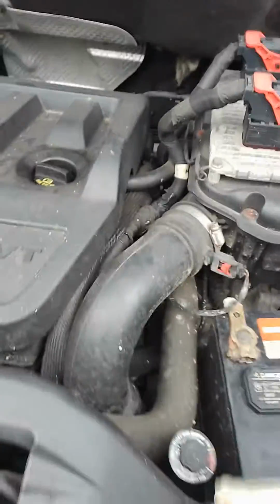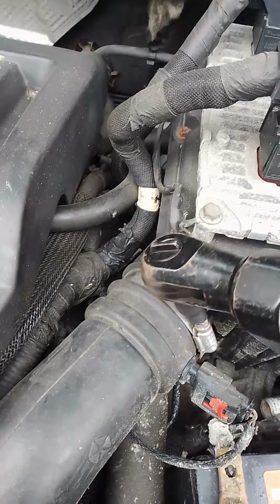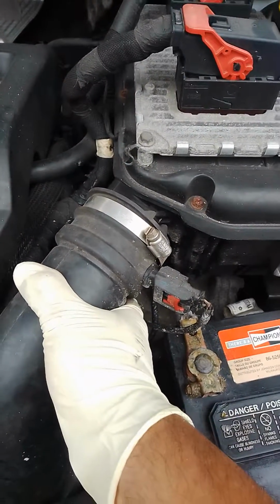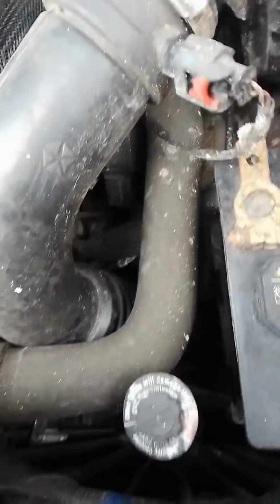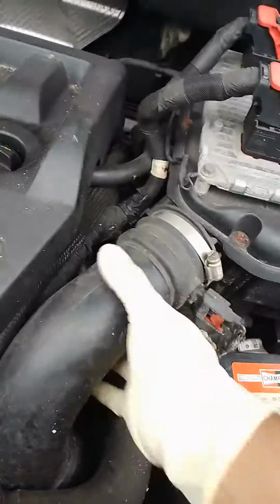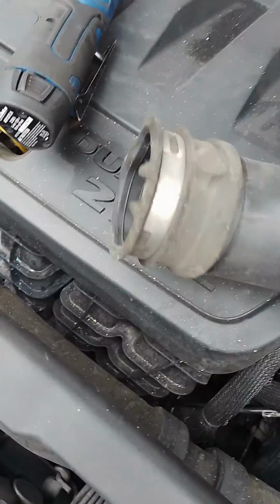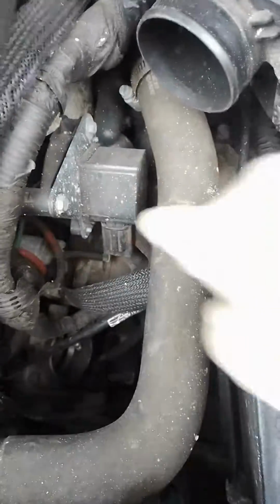Okay. Once you have that off, find an 8. Okay, remove that. Then you can probably move this one to the side, but personally I would take it from the bottom. It's going to be a little challenge, but it's possible. Once you get this off from the bottom, this piece is going to slide. It's going to have also a number 8 right there. Okay, put it to the side, and there is your